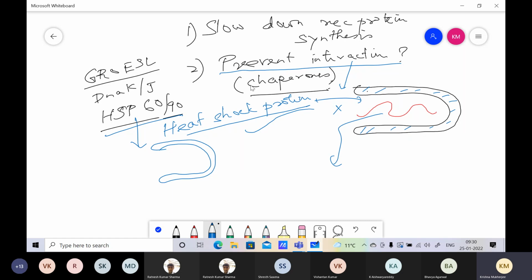Similarly, GroEL and others do the same job for a different set of proteins. They work on nascent polypeptides. They capture nascent polypeptides and provide them a microenvironment by encapsulating them and allowing them to fold properly. So this is how engineers and biologists have co-produced or co-expressed chaperones and shown that chaperones,